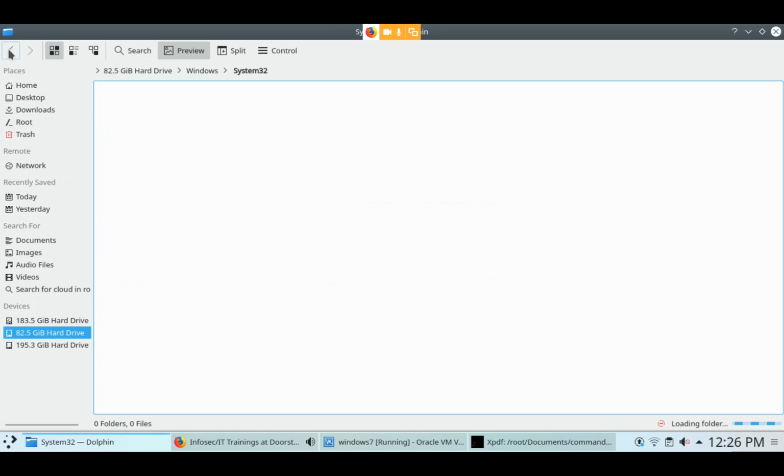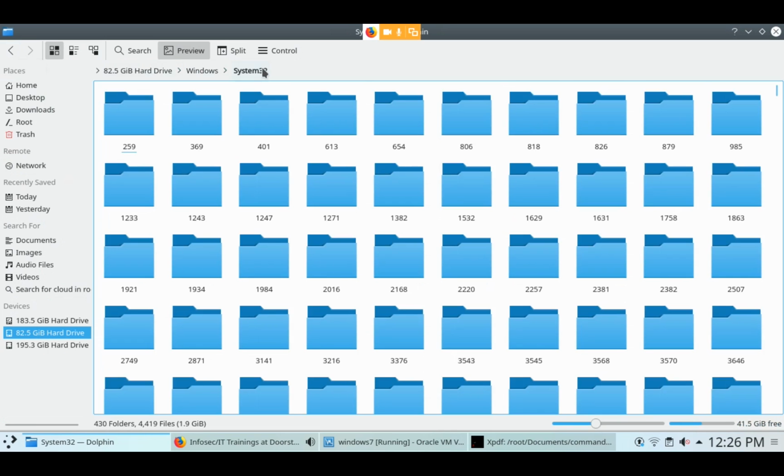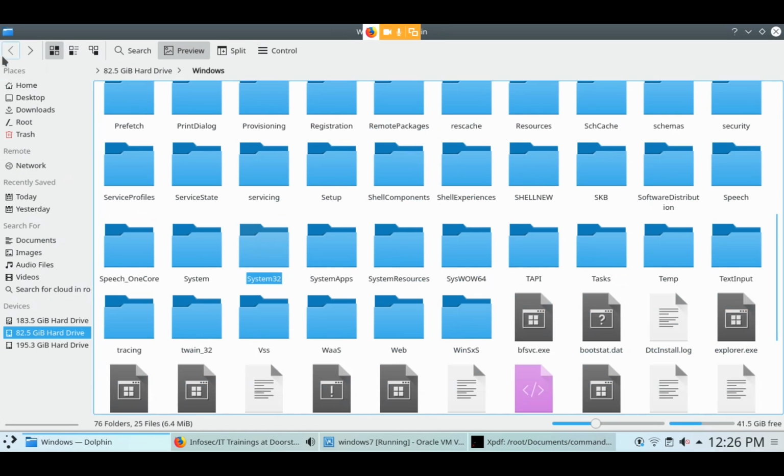I'm also using 64-bit Windows, but System32 is a constant folder name. It will show you in 32-bit and in 64-bit also. Now clear? This is only the file name. This doesn't represent 64 or 32 bit.